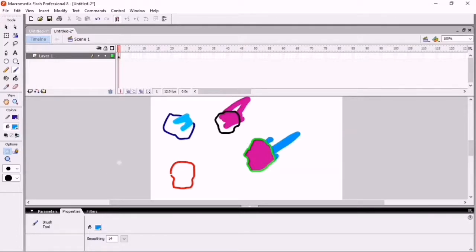And here the last one is paint inside, so I use it like this one, and suppose I use it like this one. You can see I draw on the boundary also, but when I finish, it all goes inside. Okay, so in this way these are some of the options here.